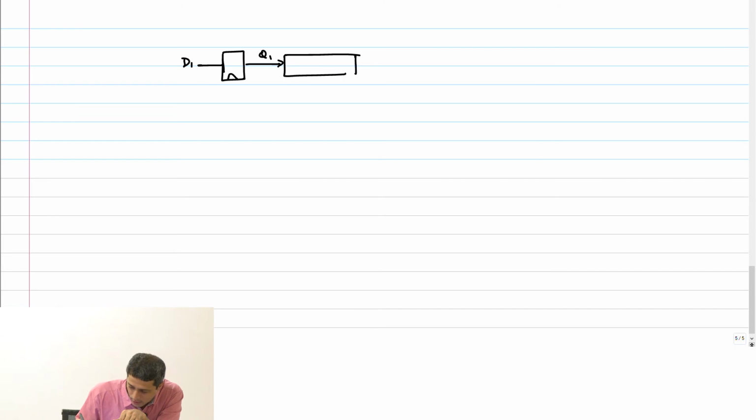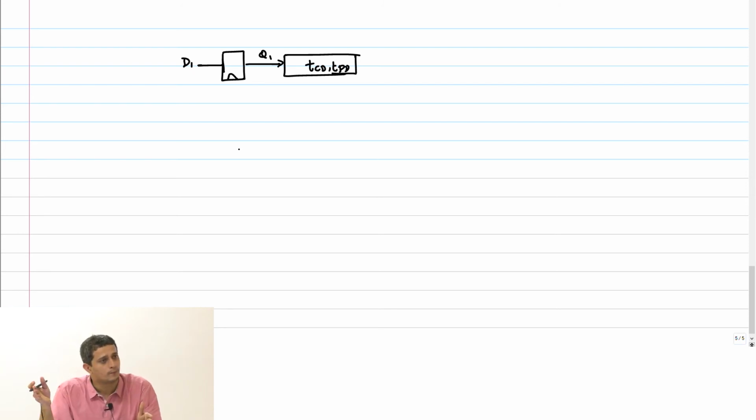Okay, so now I'm going to consider the following case. Next, D1, Q1, then I have the combinational block delay, TCD, TPD. Now I'm going to look at the case where data can race through and affect D2, right? This is D2 in the same clock